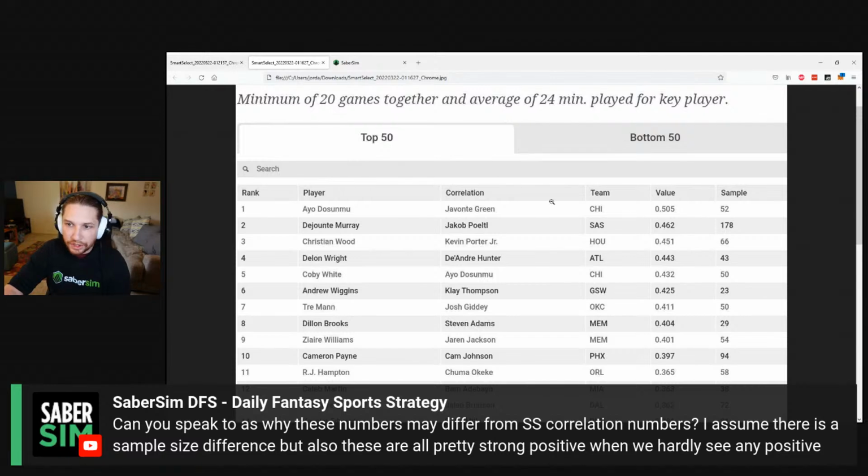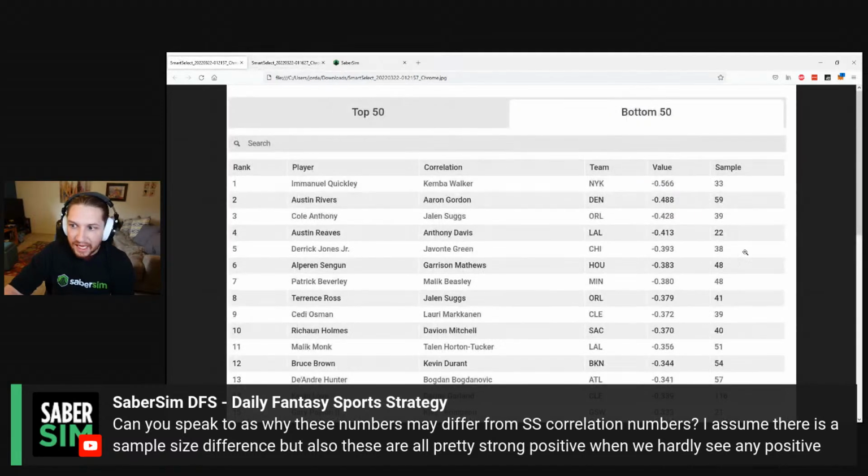When you're looking at this, or when you're looking into other tools or other content or articles or research that's done out there, right? Ask yourself, does this make sense? What would this mean if this was true, right? What would this say about the sport of basketball if these correlations were actually true and they were predictive and reliable?